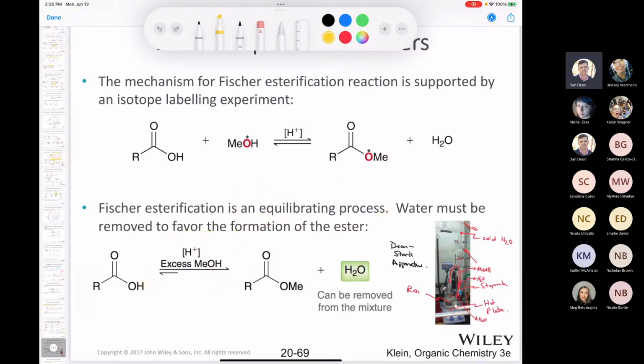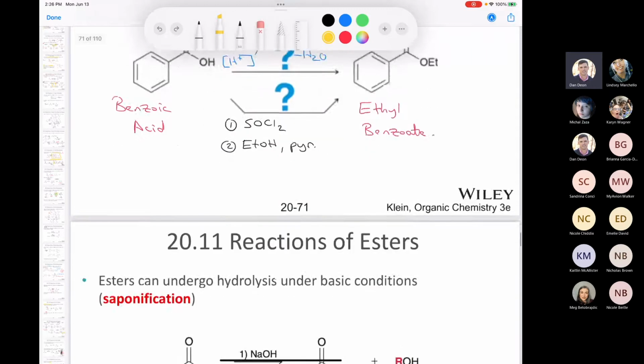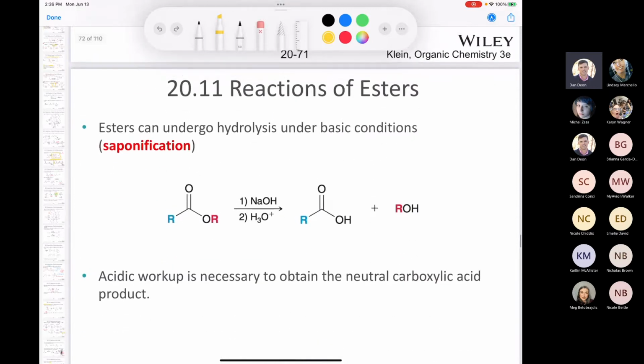In order to drive the reaction toward the ester, you've got to remove the water. What would happen if I did the Fischer reaction, or not the Fischer esterification, let's say I just combined an ester with a ton of water? If I had a pile of water, that's going to push the reaction back towards the carboxylic acid. So we can harness the power of Le Chatelier's principle